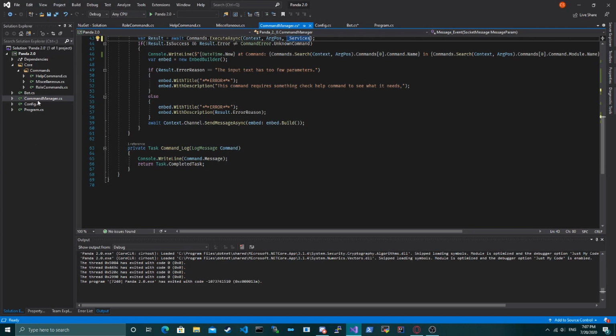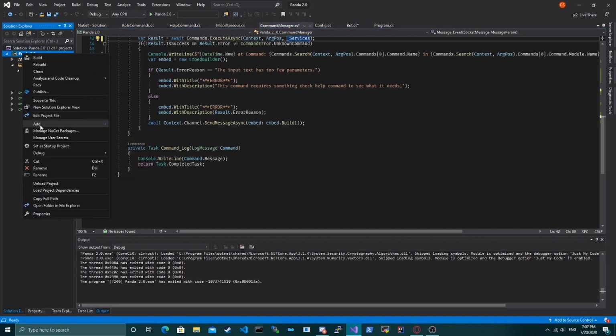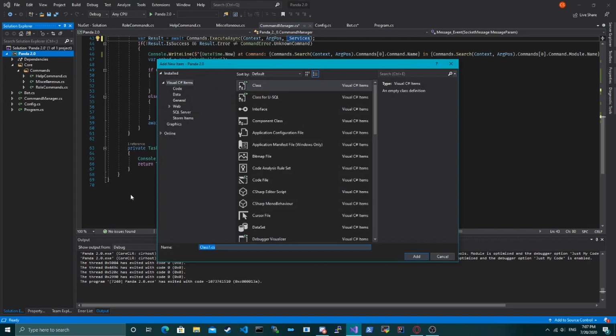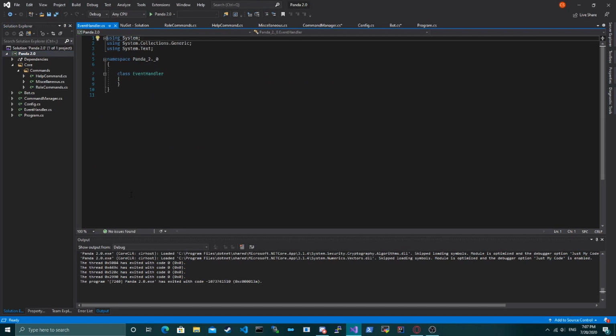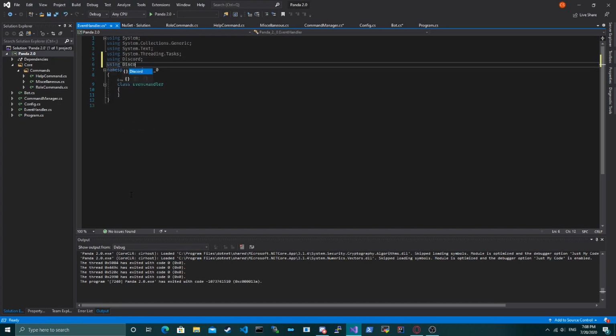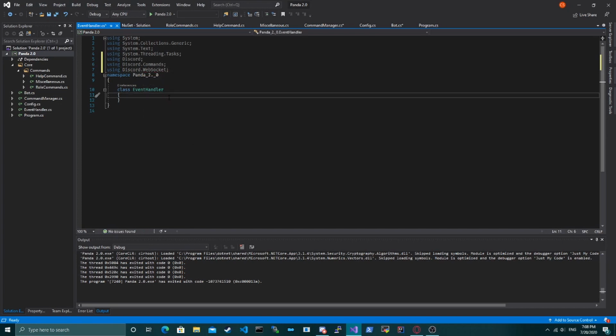Okay. So we're going to make a new class, and we're going to call it EventHandler.cs. Okay. Now we need to be using System.Threading.Tasks, using Discord.Commands, using Discord.WebSocket. Okay, and we do need this to be a public class,